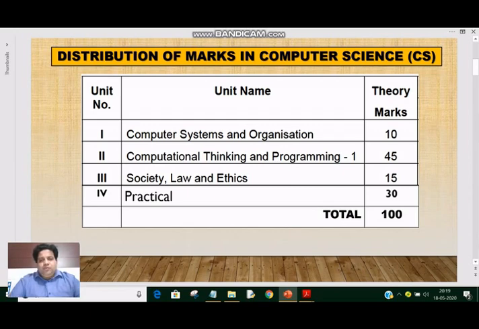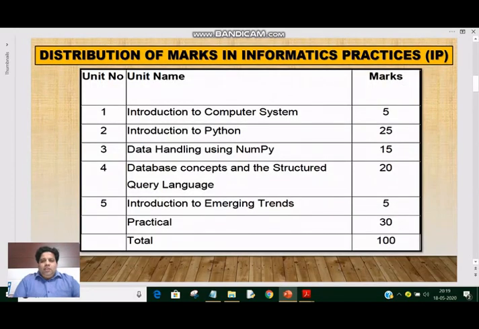Now distribution of marks in informatics practices. As you can see, there are 5 units. The first is Introduction to Computer System. Again, in this you will learn about the hardware, software, input devices, output devices, RAM, ROM, etc. that you have already studied.